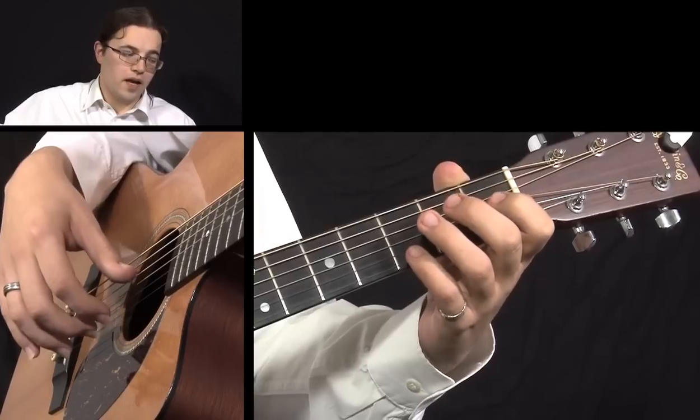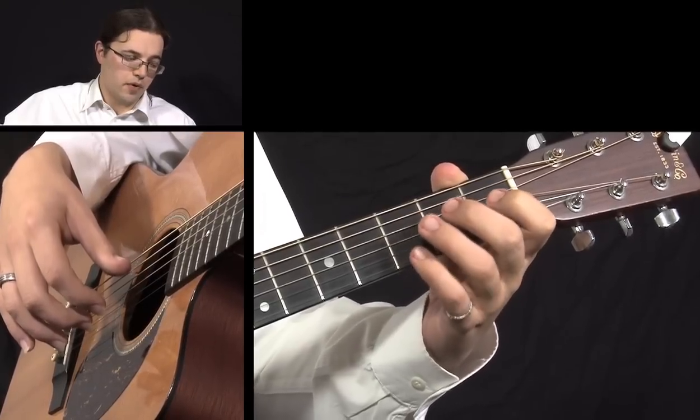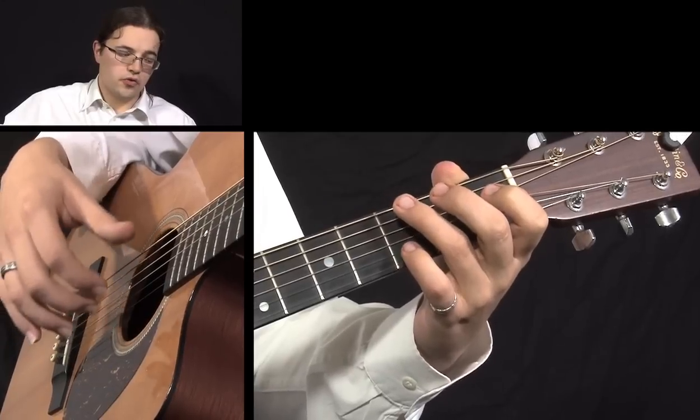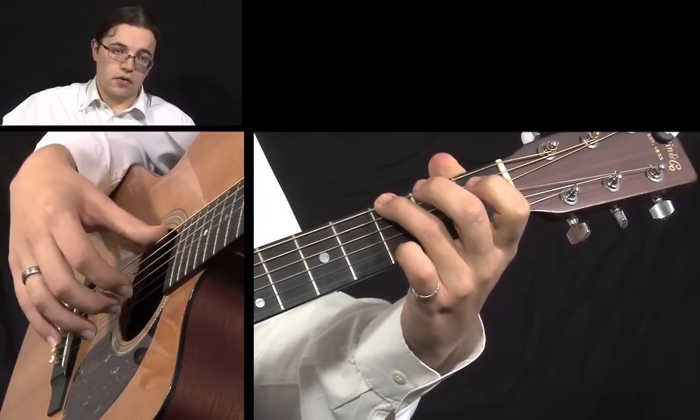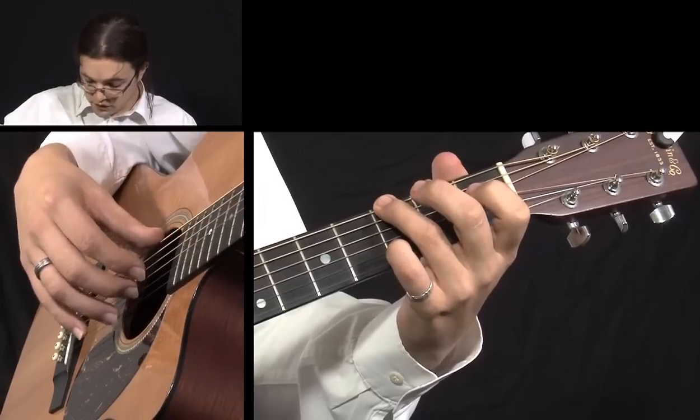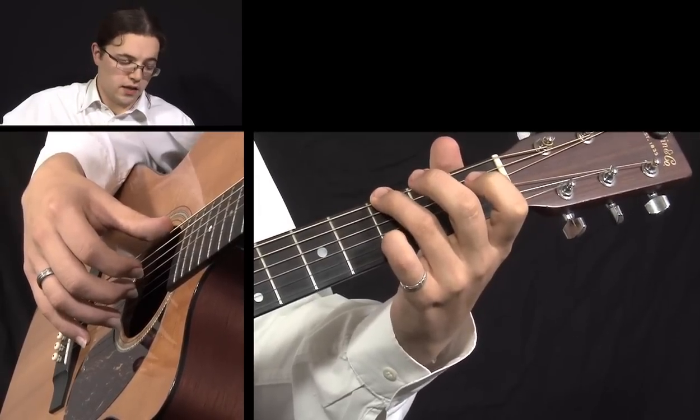Once you can play through the melody cleanly following the tab and you've got it under your fingers really well, just try starting to build in the root notes of the chords we're playing over, just once. So starting off with a pinching technique,